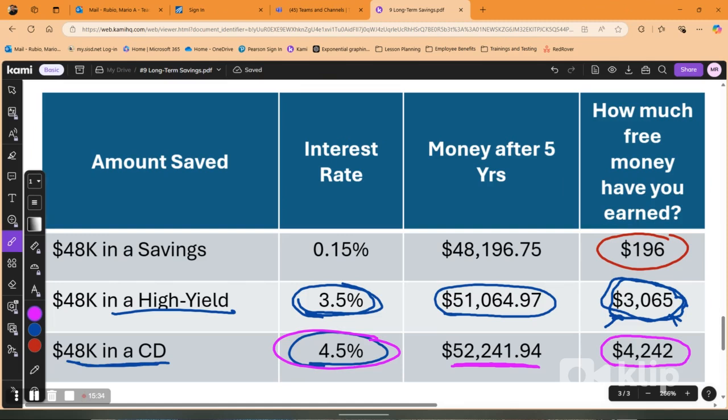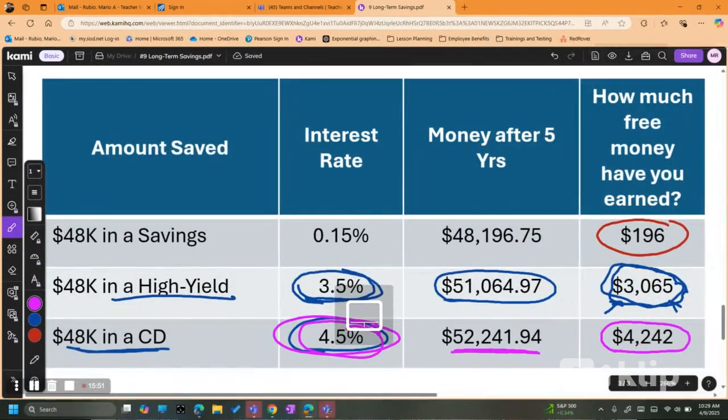The next thing we're going to look at is investment accounts, and those you can earn up to 12 or 15%. So imagine how much your money will grow. Look at how much you can grow with 4.5%. Imagine how much you can grow with 12 or 15%. But there's a lot of risks that come with the stock market and investment accounts and things like that. So we'll go over that tomorrow.